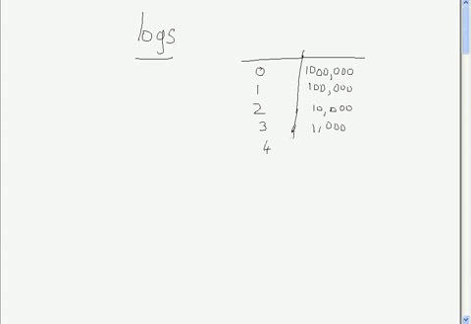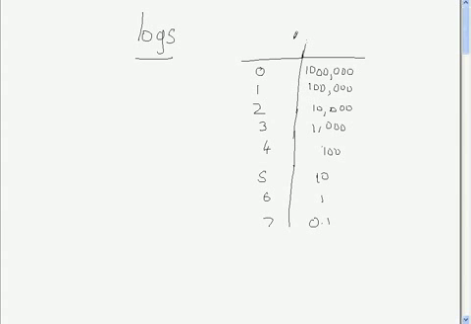So after 4 years you have 100 atoms, and 5 years you have 10, 6 years you have 1, and 7 years you have 0.1 atom. So if you were to sketch this on a graph,